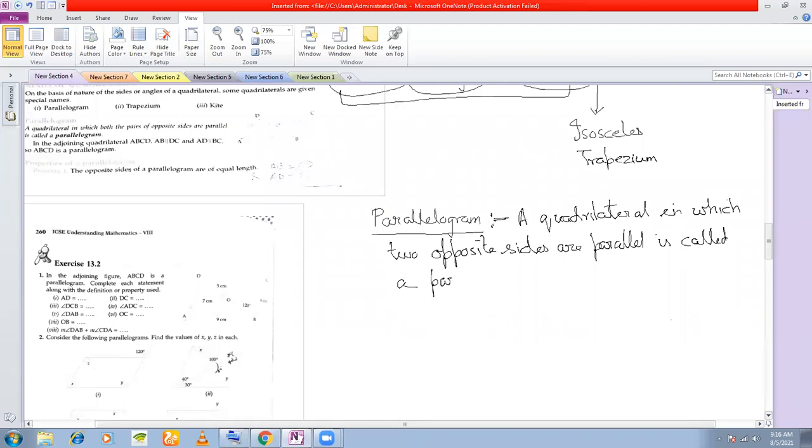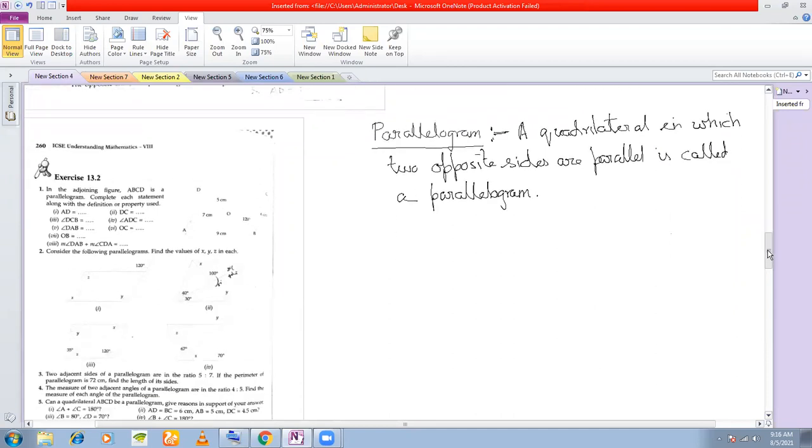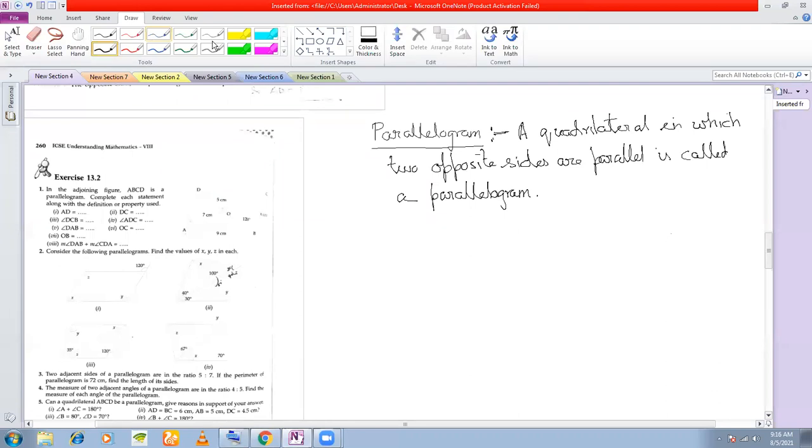And you know how to differentiate between adjacent sides and opposite sides, right? I have already told you. So if I give you a quadrilateral, you can tell me which are the adjacent sides and which are the opposite sides. Okay, let me draw a parallelogram. This is how a parallelogram will look. We call the vertices A, B, C, D. Now tell me which are the adjacent sides of this parallelogram.